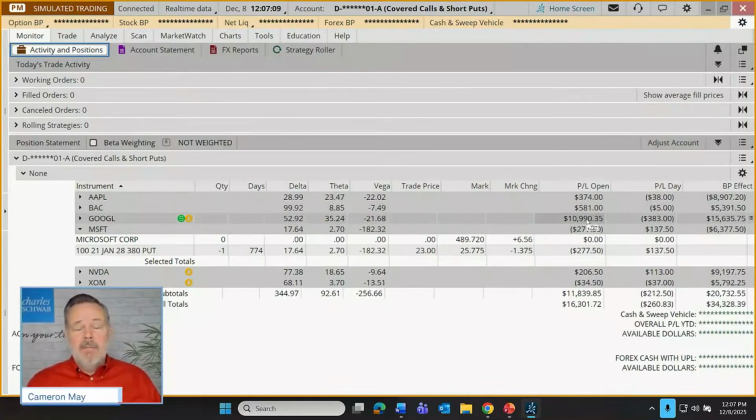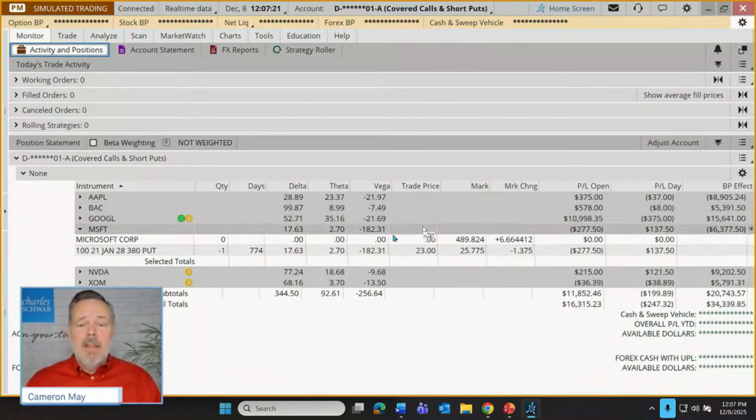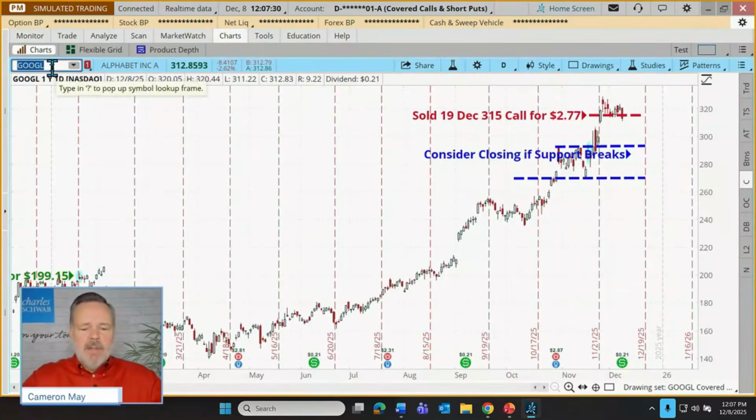Most of our trades have done pretty well. I got to tell you, when I look at the S&P 500, managing an example portfolio of covered calls and short puts, every time it goes up, I think, oh, that portfolio is probably doing just fine. That's a teaser. That's a spoiler alert for the first chart in our 3 charts that we're going to be checking today. But with Microsoft, here's our trade.